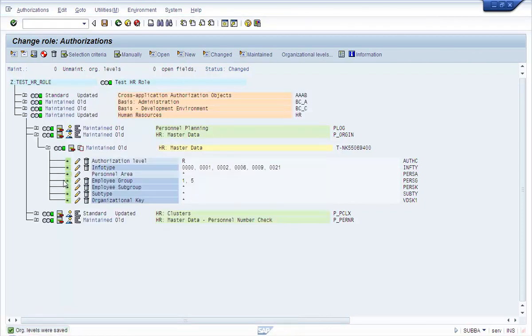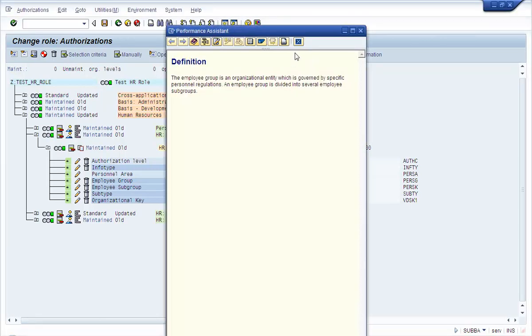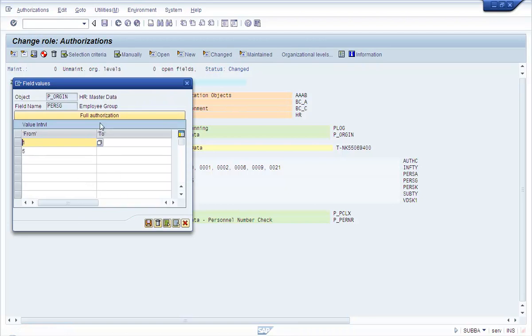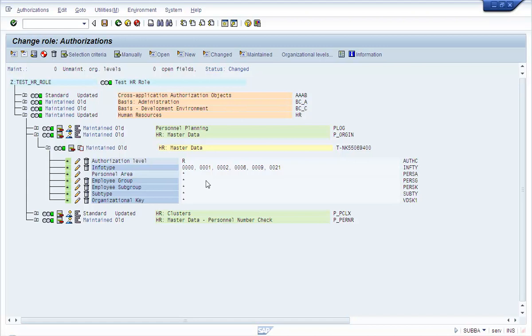And we're not going to restrict data by employee group also.